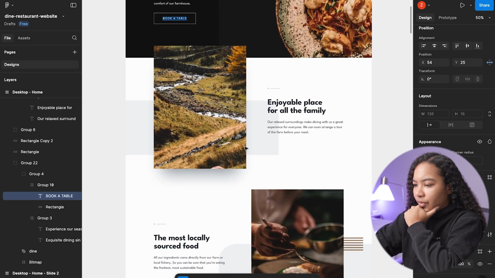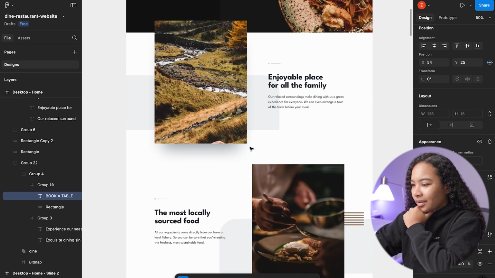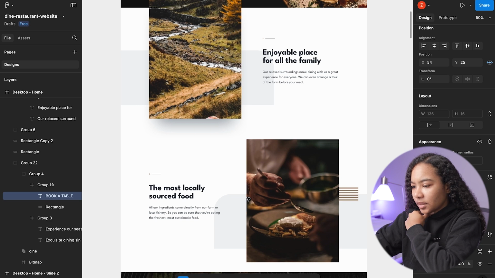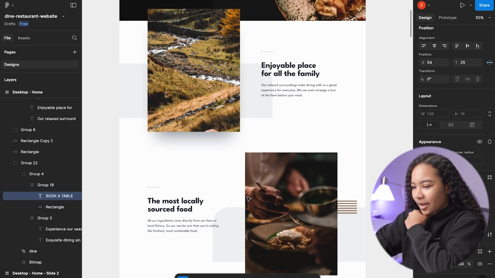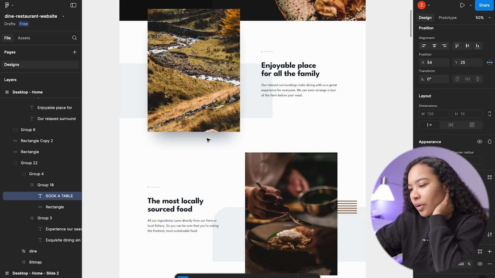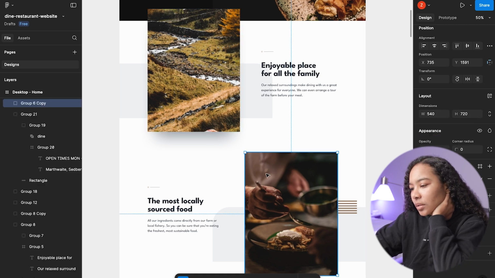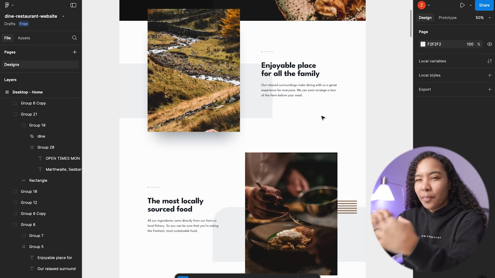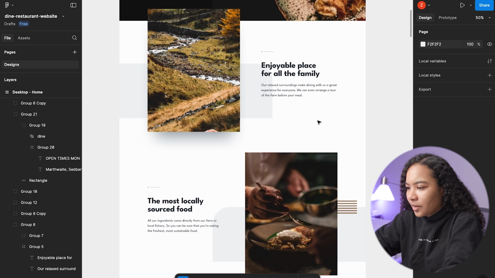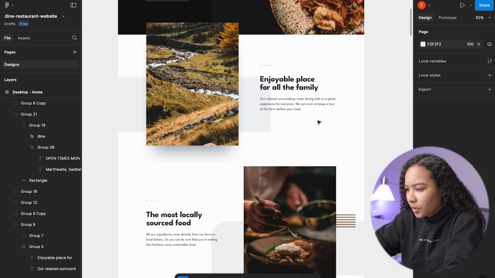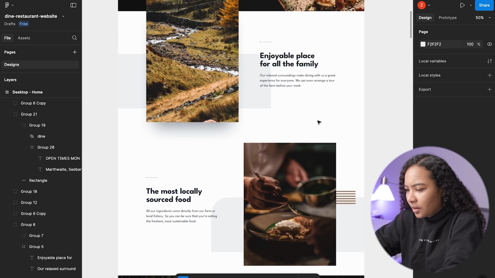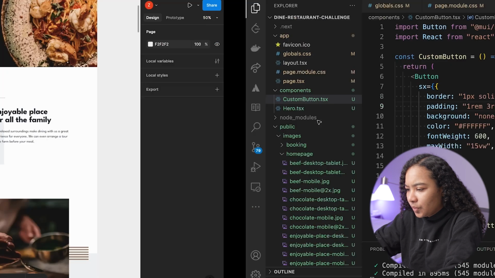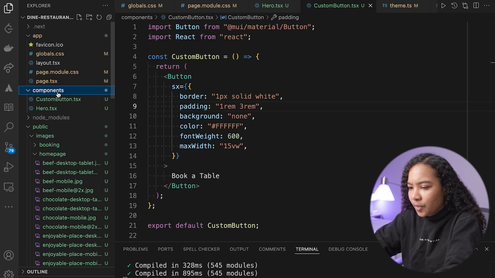The next bit that I want to do is this. These are basically very similar components, but they have little differences that are going to make it a little bit tricky. So I'm wondering if I maybe make the image. Let's see. I might end up making one and then piecing it out and then putting it back together, kind of thing. So what should we call this? Second enjoyable place for all the family. Most locally sourced food. All right, so I'm going to create a new component